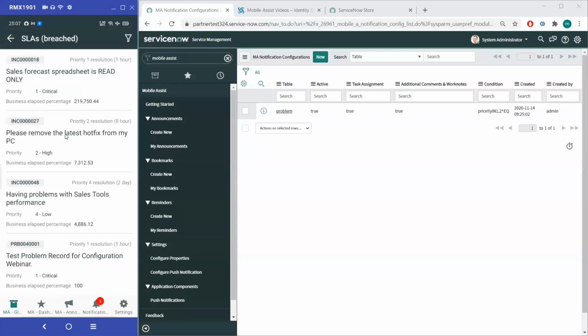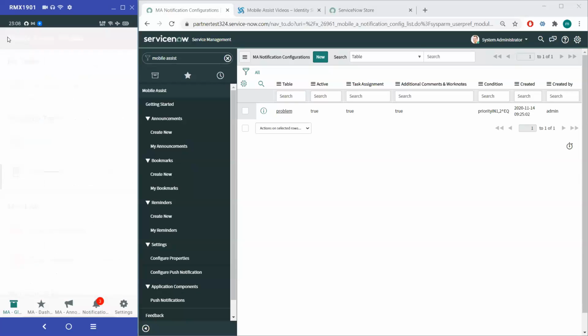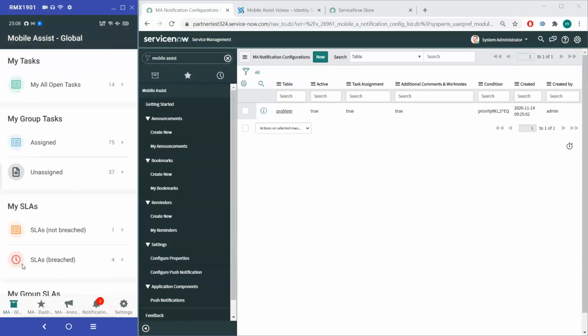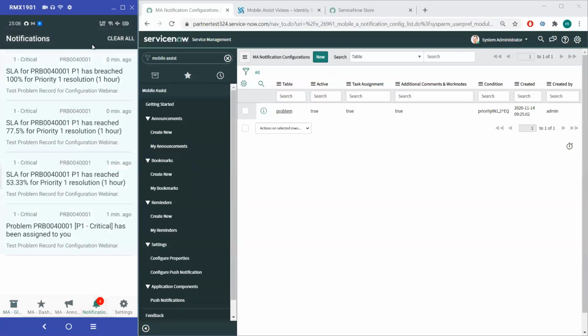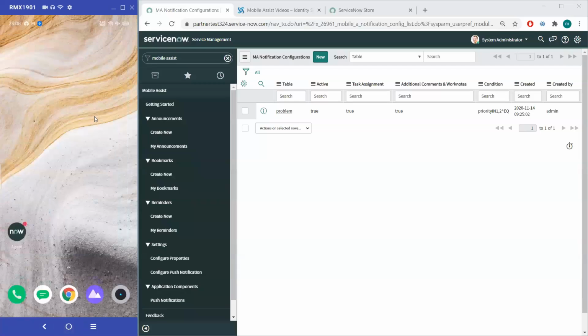SLA is breached now. So this is our problem record. So this record will be available in this breach section of SLA. Right now we have received a breached notification as well. Okay. So we can access the notifications from here. Or if we are not there in our mobile app,